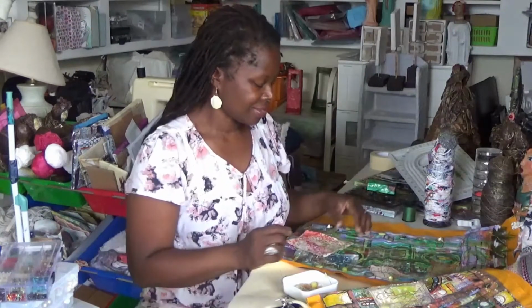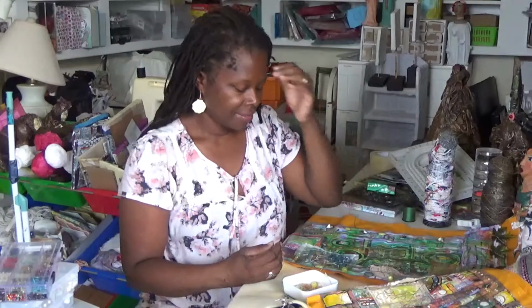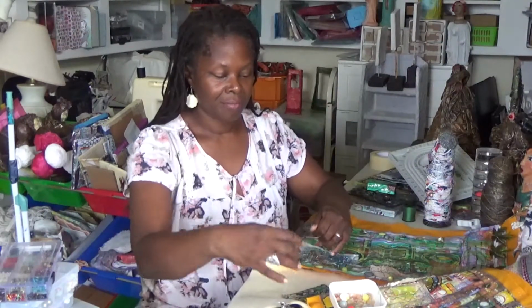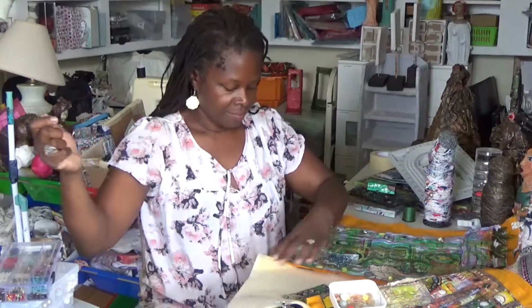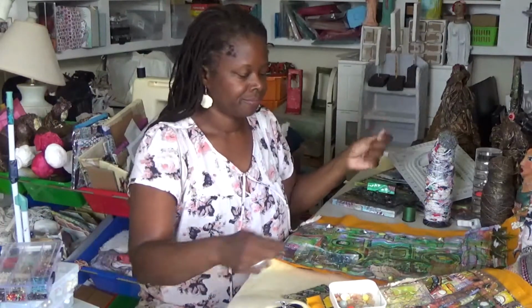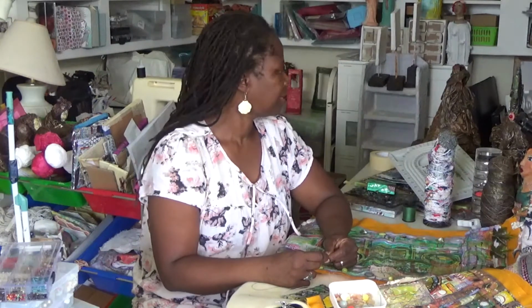I am so sorry about the mess. It's normally a lot tidier than this. Yeah, I think it is. Normally, but I'm in the middle of preparing to move, but I'm also working on a couple of exhibitions and some other things that are happening which I can't really talk about until